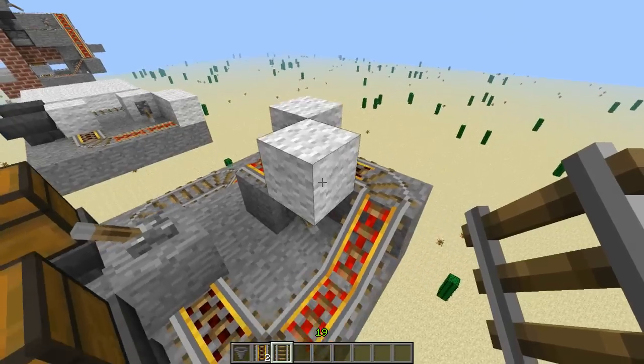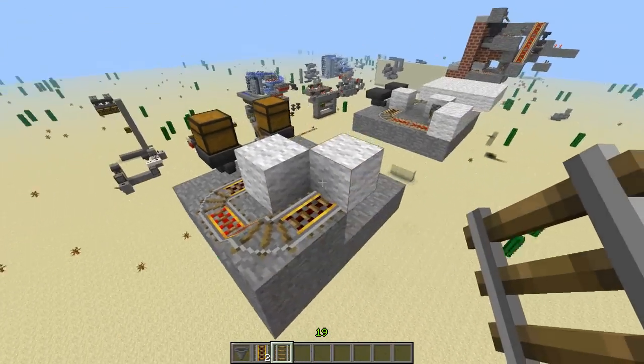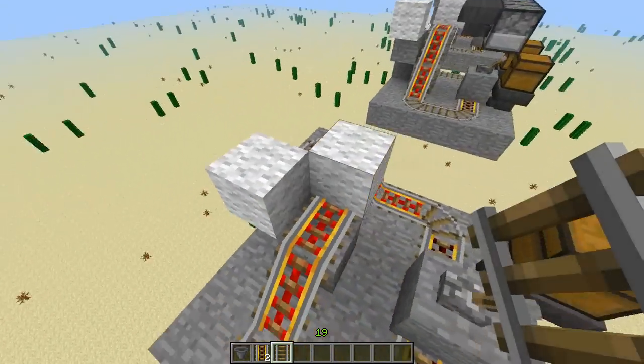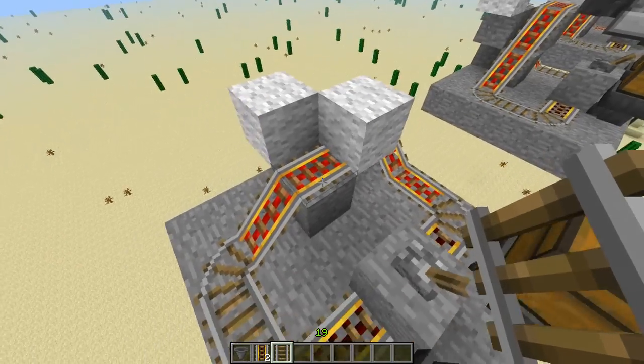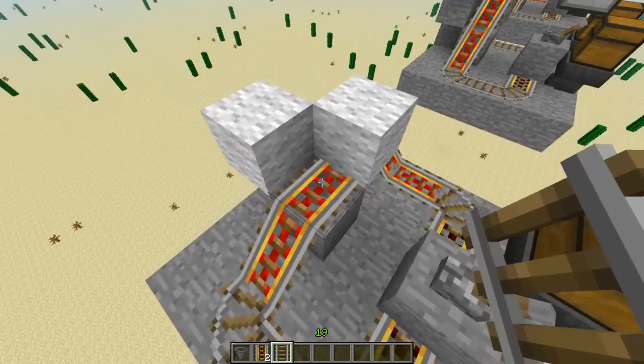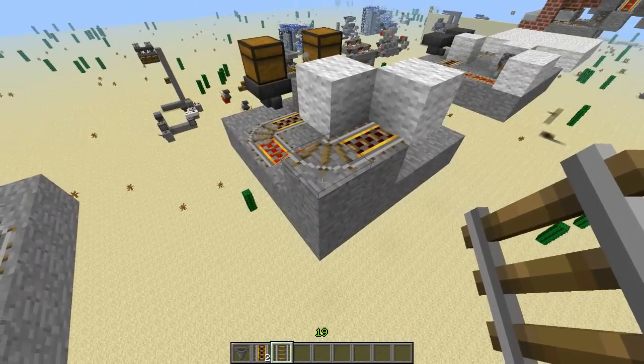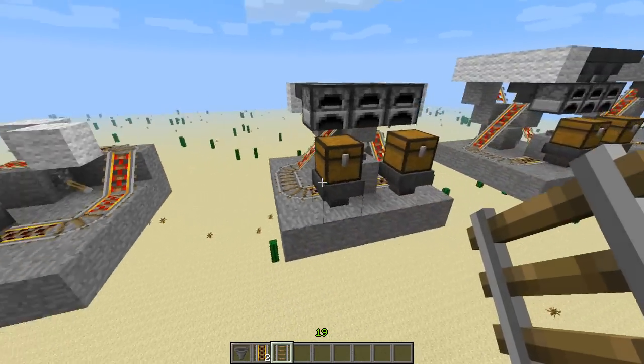Next up, you want to put these two new blocks here, so they are up diagonally from the other blocks. And you want to put powered rail on both of those, and a regular rail on top of that one. Alright. So next up